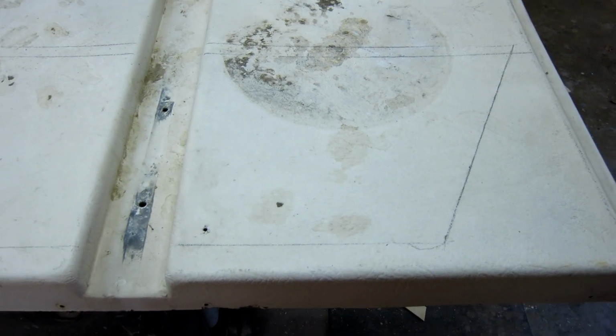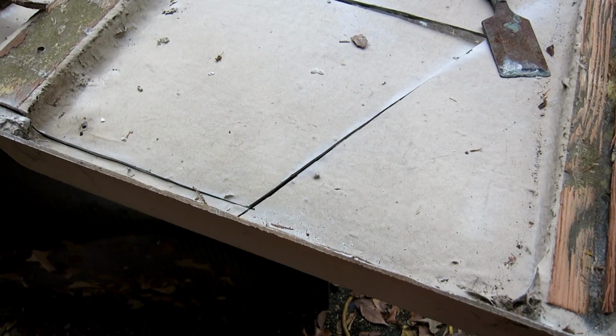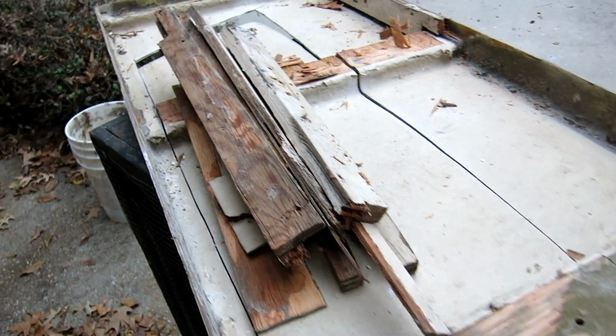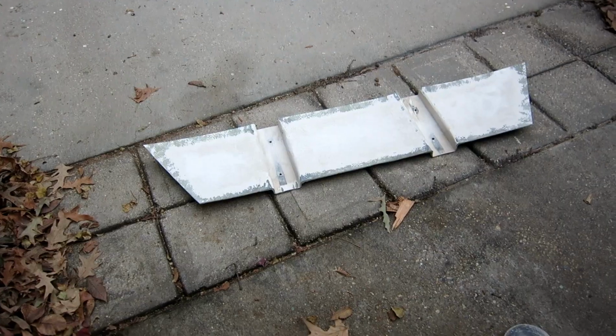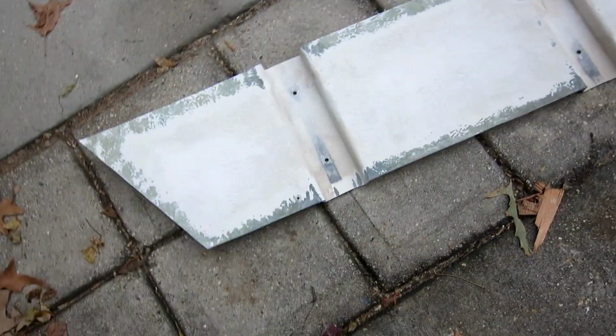Okay, here we go. This is the bottom. I laid out the exact template, and I know my sides are going to be roughly 3/8, so I removed 3/4 from one side and one end to make sure the finished product is pretty close to this size. Okay, just cut the bottom out of this. This was originally the bench seat upstairs in the houseboat. I pulled all these sticks out of here, and it's time to clean up the bottom before we go any further. So the bottom of the box is cut out and sanded clean,